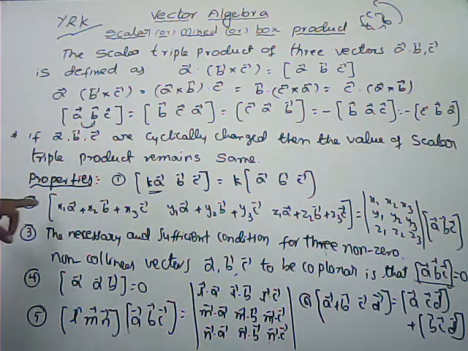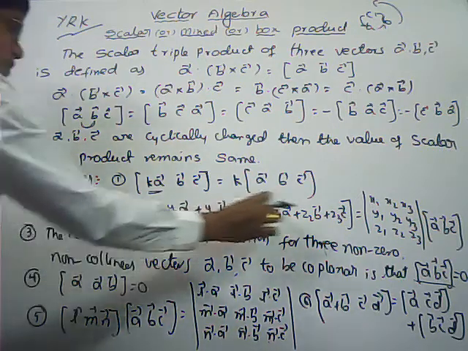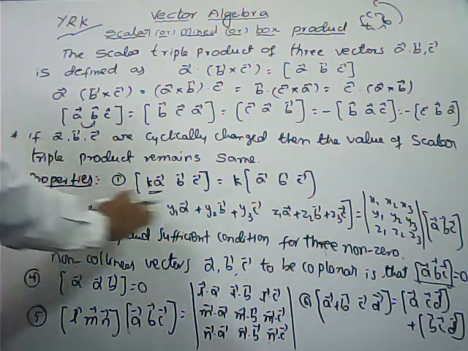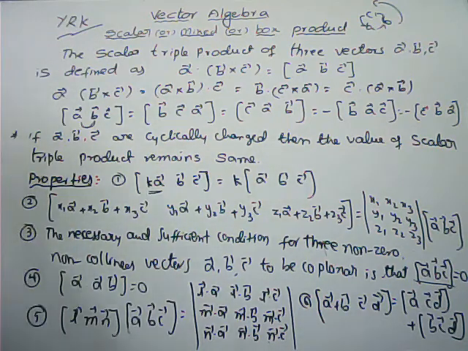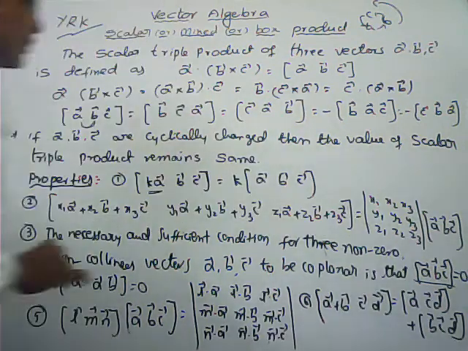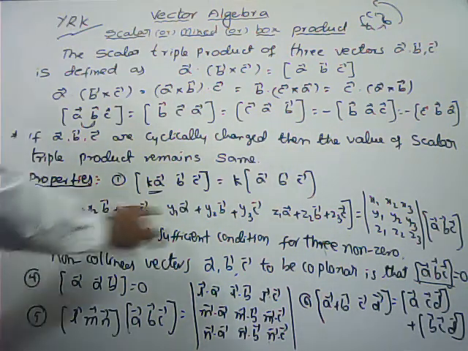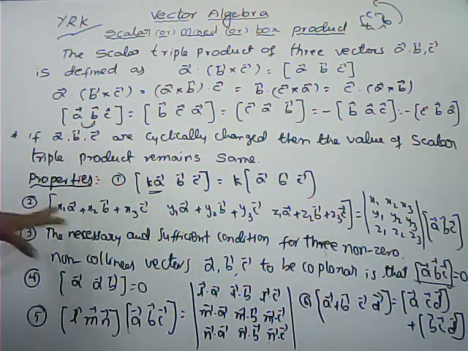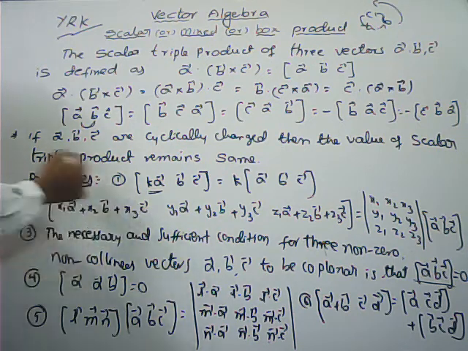Here indirectly we are using the properties of determinants only. Here one more thing: three vectors are given. What is the box of these three vectors? Here A bar, B bar, C bar vectors are given. Here if they give I cap, J cap, K cap in the directions of x, y, z axes, box ijk should be equal to 1 only. Now here x1, x2, x3, y1, y2, y3, z1, z2, z3, determinant times box ABC we can write.